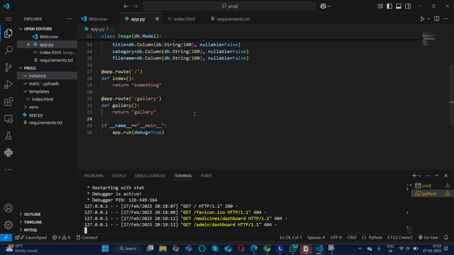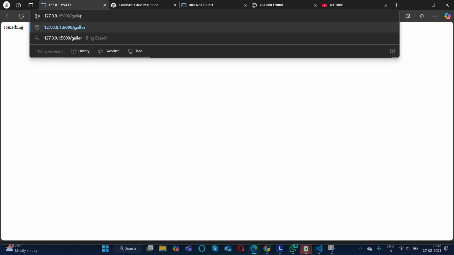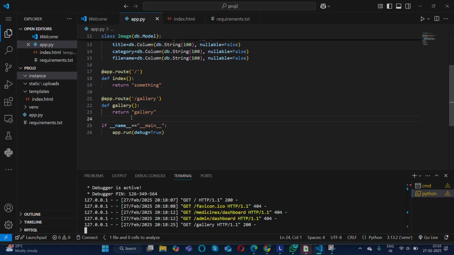It shows something because it redirects to the default route. And what if I give gallery here? Yeah, it's working fine. It's working fine.